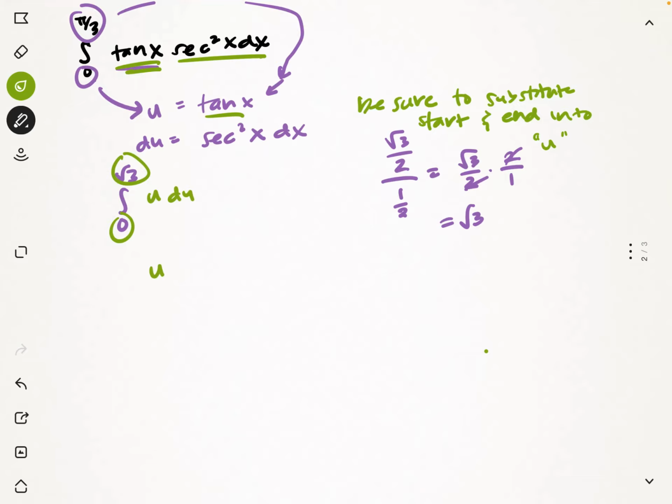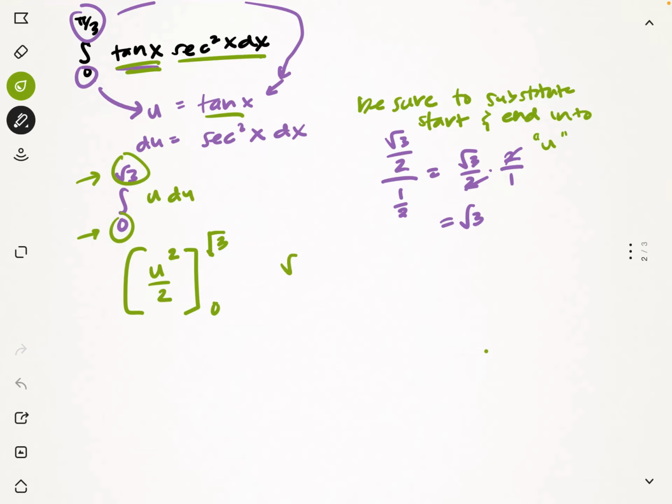The antiderivative of u is u squared over 2, and we're doing this from 0 to square root 3. So the reason why I said to reflect these things in terms of u is because it makes it easier at this point. We don't have to reconvert it and plug back in our tangent in order to solve. What we're just going to do here is we're going to do our